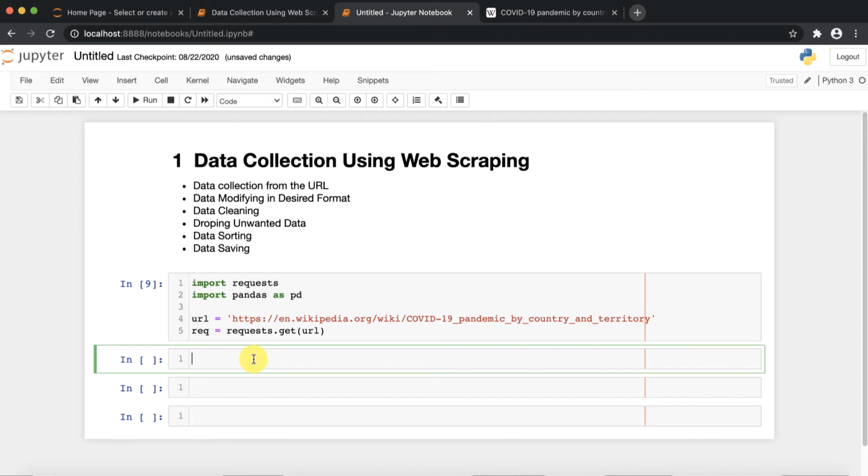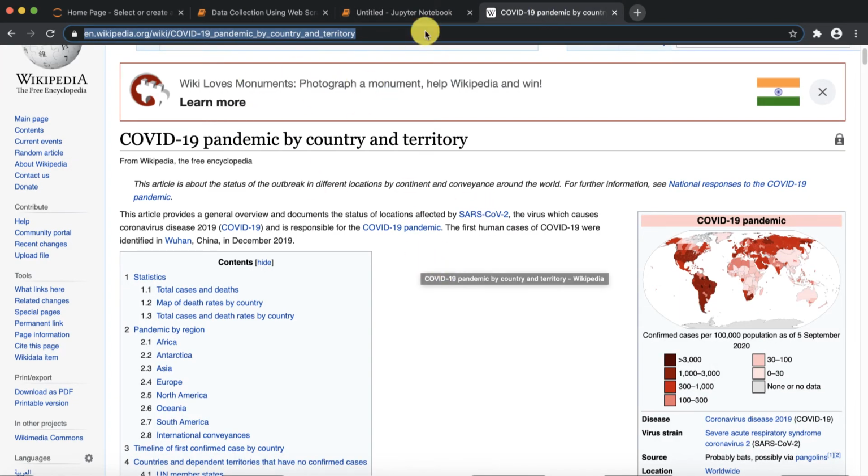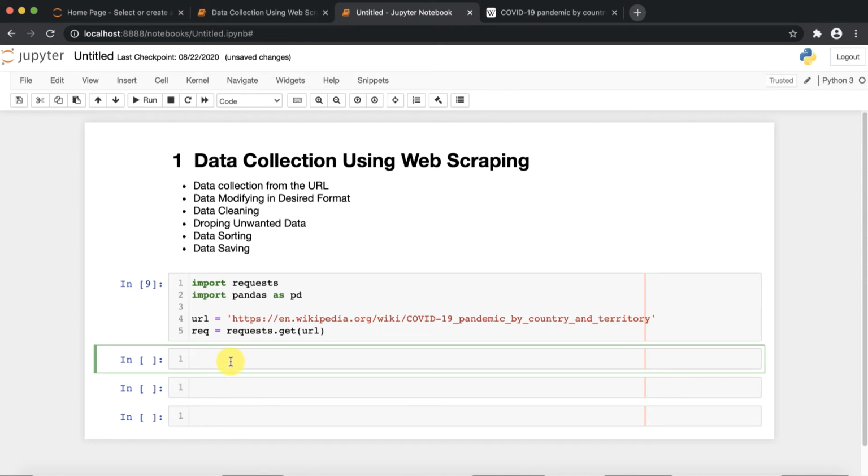Now, how can you read that data from the HTML, because this is an HTML page? In Pandas, we have a function, and whatever data we fetch will be stored in list format. So we define one data frame list, df_list, then pd.read_html.